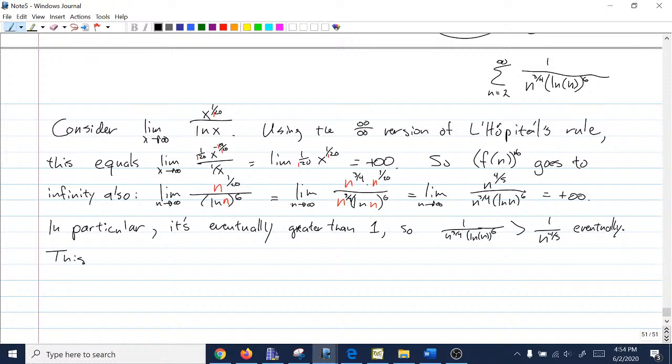This gives immediately. Immediately is a word you throw in to say, surprise, we're done. That the sum of 1 over n to the 3/4 log n to the 6th diverges. By direct comparison,